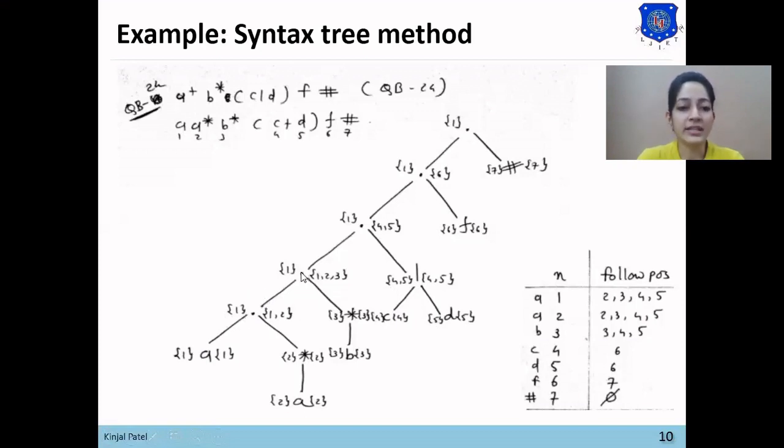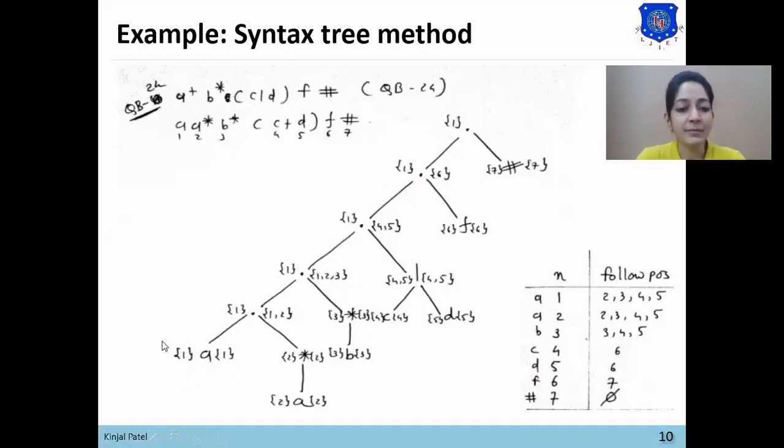Now we'll find the first position for this dot. The C1 child for this dot is A dot A star. Here A will be the child for all these dots, so A is compulsory in all the expression. So we'll copy down the first position of A in all the dots.